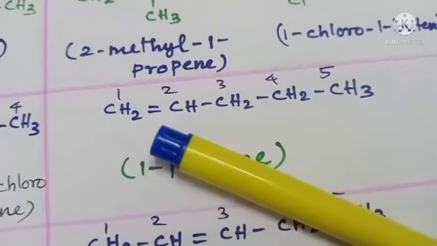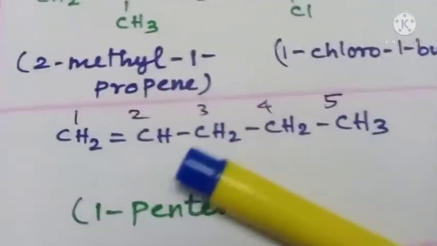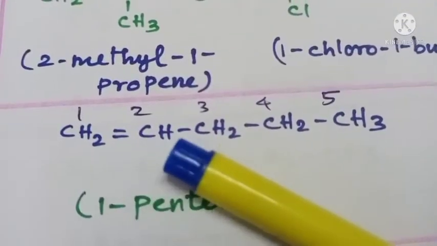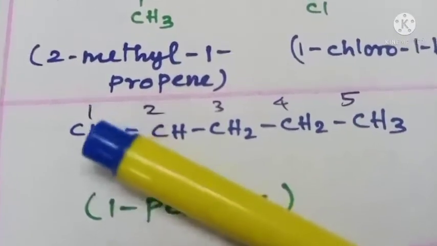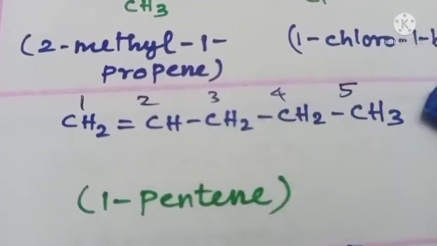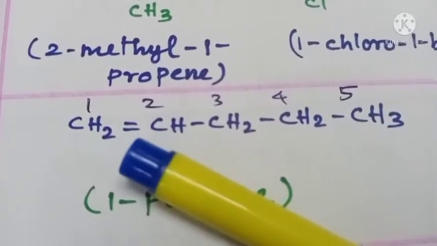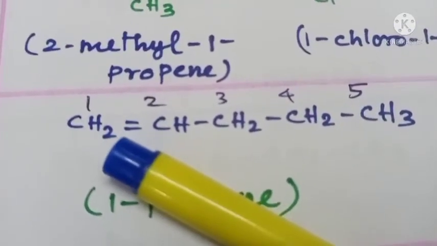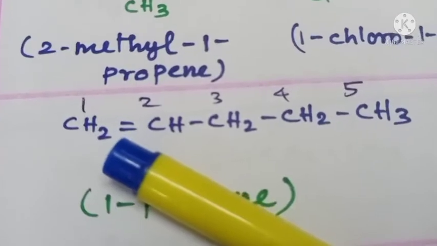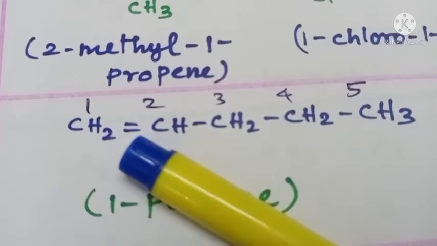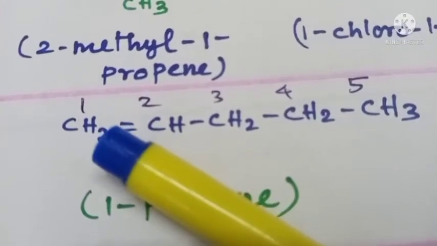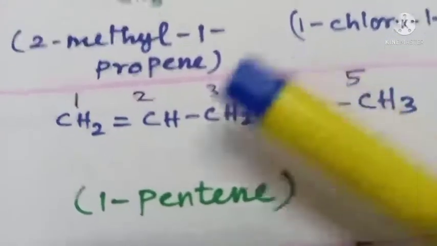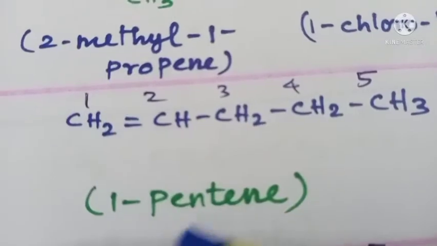Look at the next compound. It's an alkene with 5 carbon atoms, isn't it? CH2 double bond CH, single bond CH2, single bond CH2, single bond CH3. Okay. This is the longest carbon chain with 5 carbon atoms. Numbering, we are supposed to proceed in forward direction. Keeping the rule in mind that the least number is supposed to be given to the double bond, isn't it? Double bond, functional group, etc. So that we proceed in a forward direction. So pentene, double bonded first carbon. So 1 pentene or pent 1 ene.